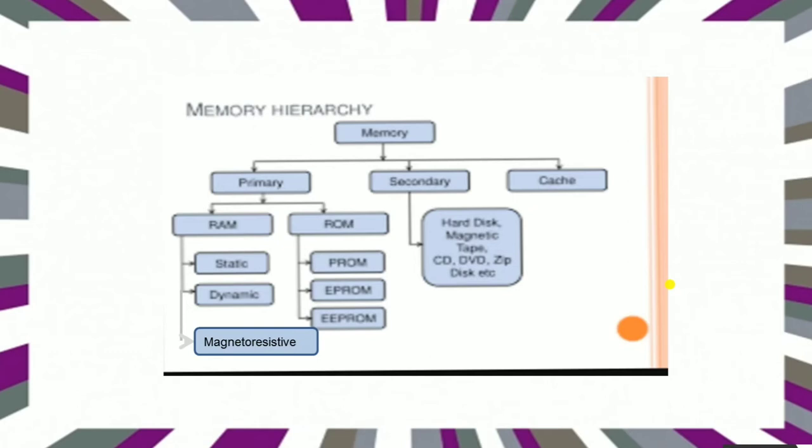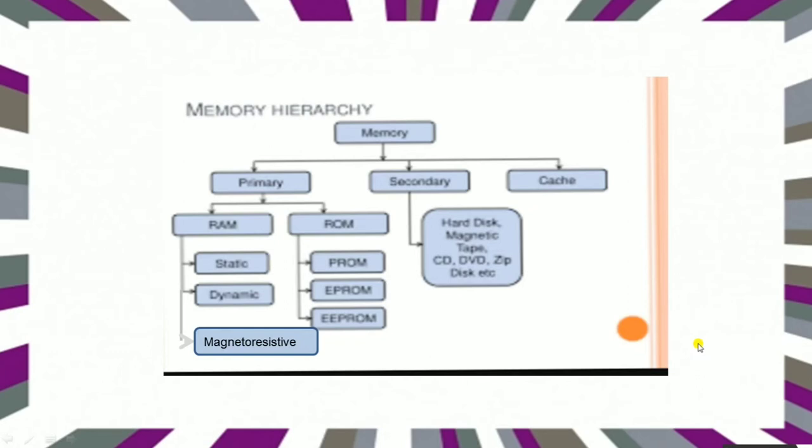RAM stands for random access memory, and it is a memory chip that can be read from and written to by processor and other devices. See, when you turn on your system, your operating system is transferred from hard disk to RAM and remains there as long as your computer is on. Now you can take another example. You are working in Paint. When you click on Paint program, what happens? Your Paint program is stored in your hard disk, but when you click on this, it comes to RAM because it is a working memory.